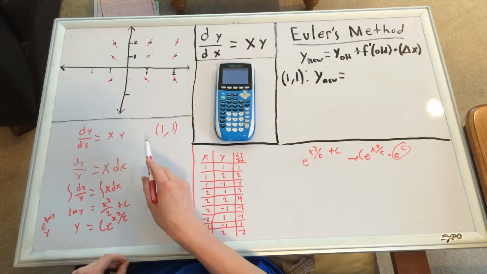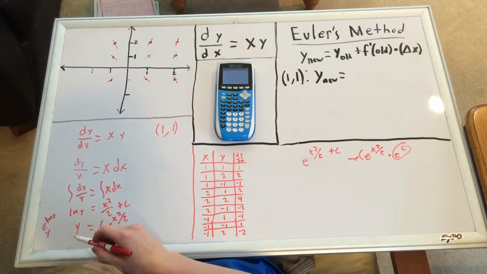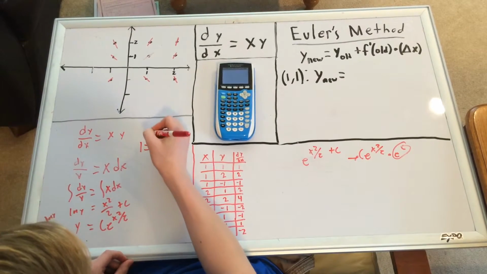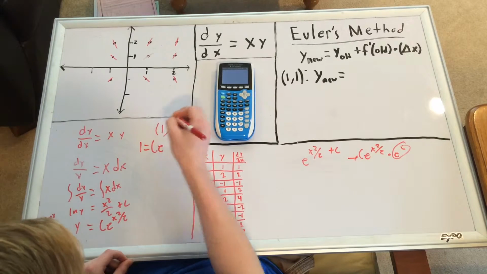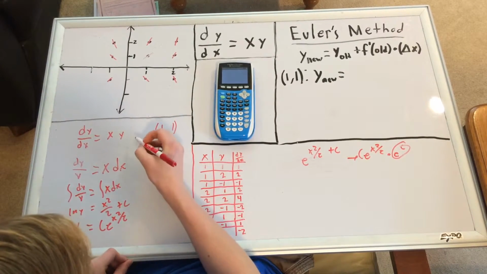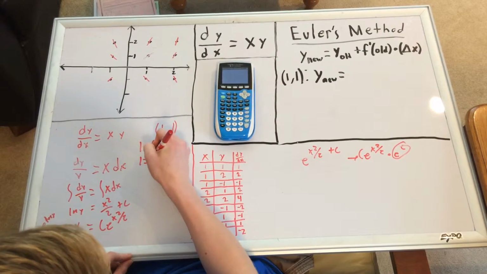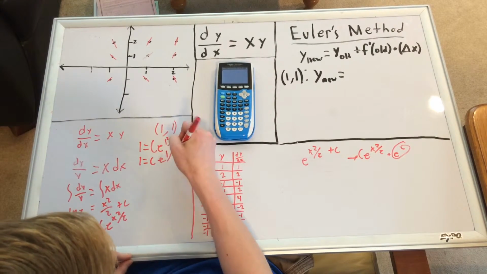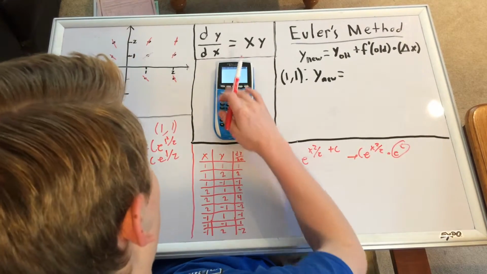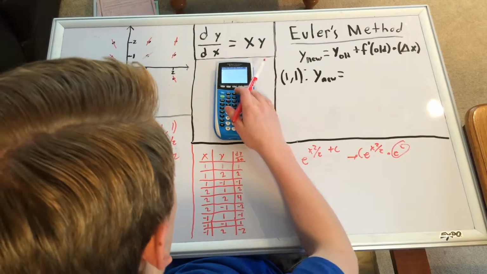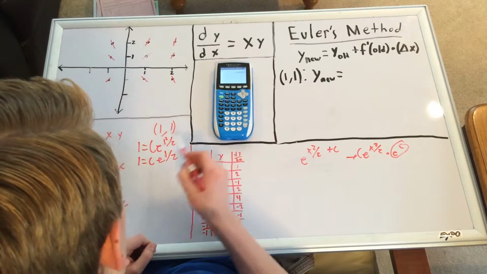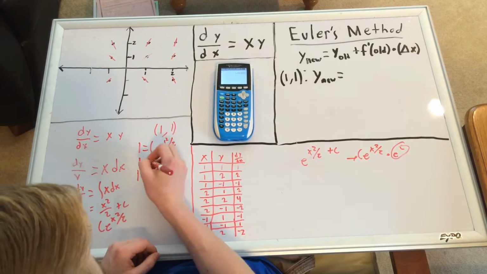Now we will use our initial condition and plug it in for x and y in this to find what c is equal to. So 1 equals c e to the 1 squared over 2. 1 equals c e to the 1/2. So then we find e to the 1/2. So e to the 1 over 2. And so we get 1 equals